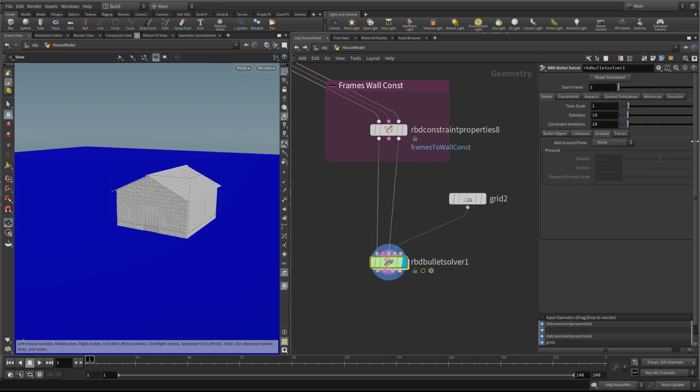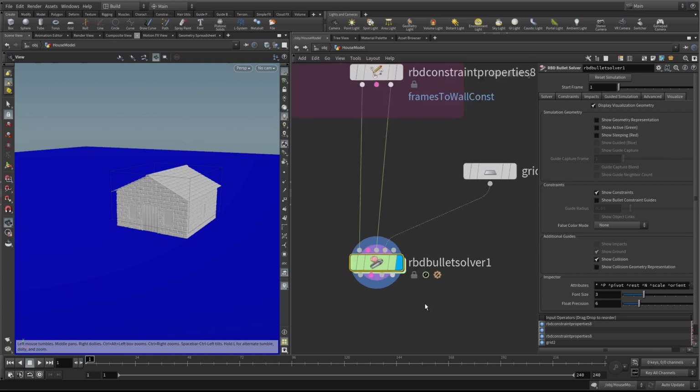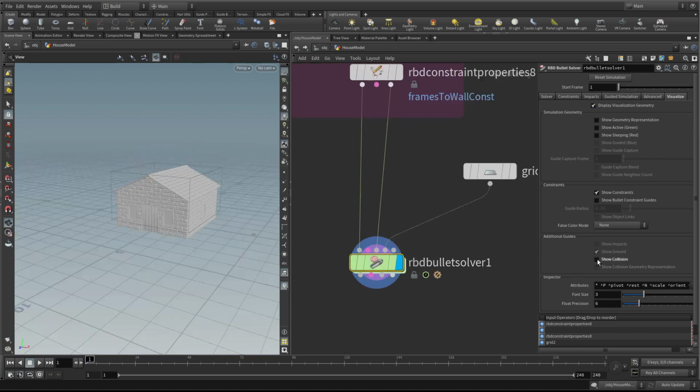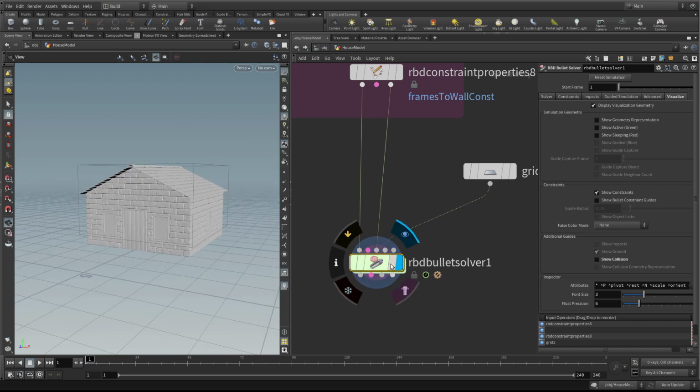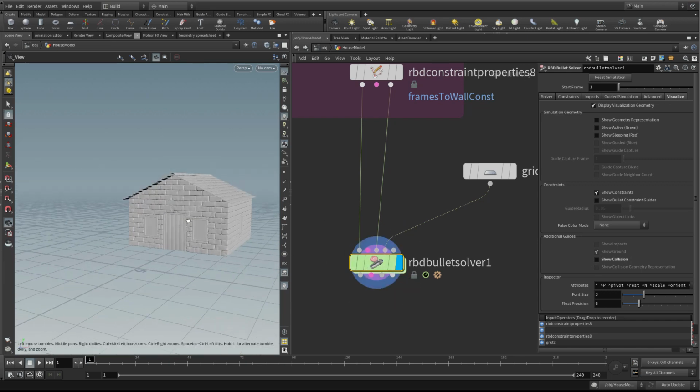In fact, the visualizer slows it down a little, so I'm going to click on the rigid body solver node here, click on the visualize tab, and we can turn off show collisions. So we're not displaying that. But now if I press play, it's going to collide with that ground plane,